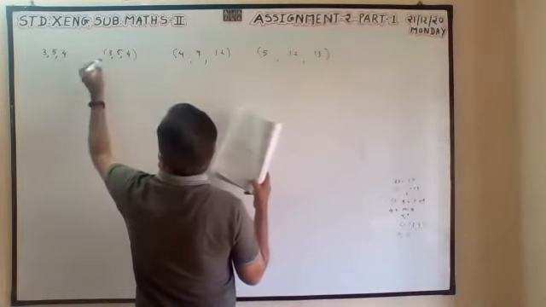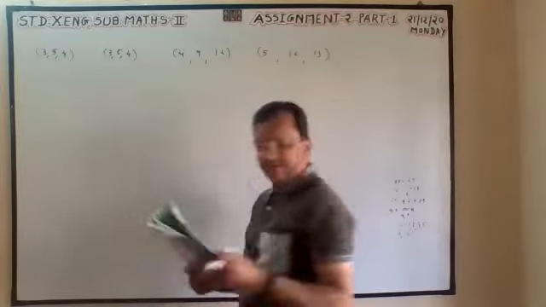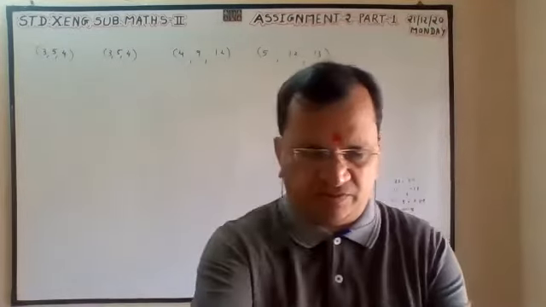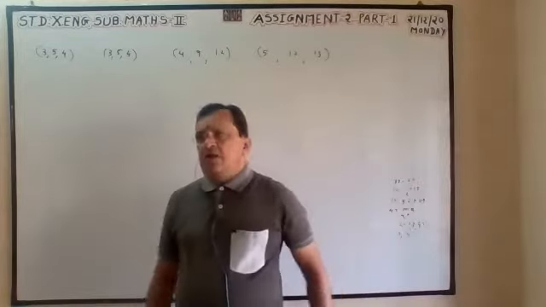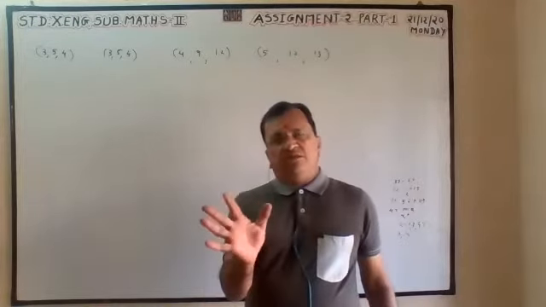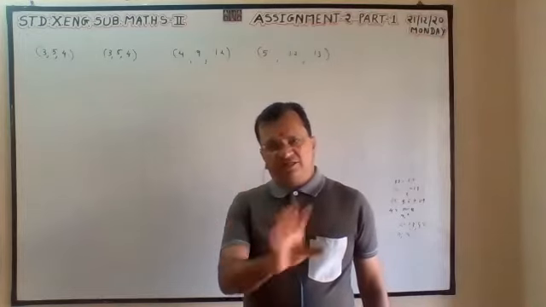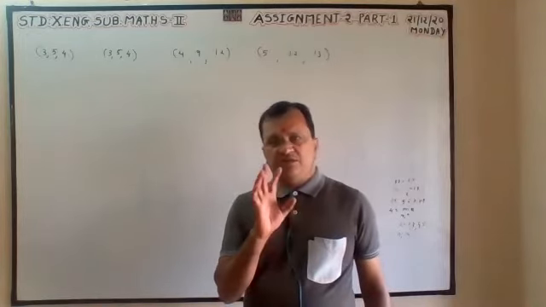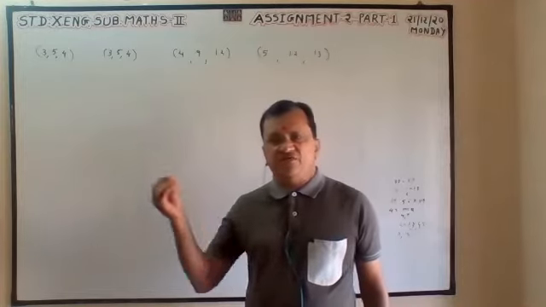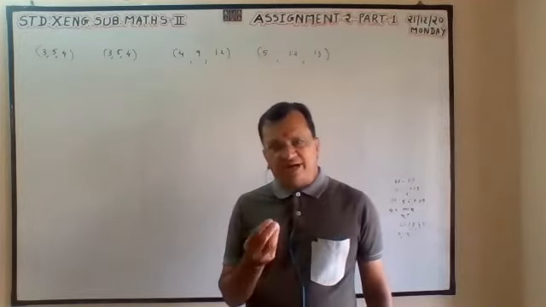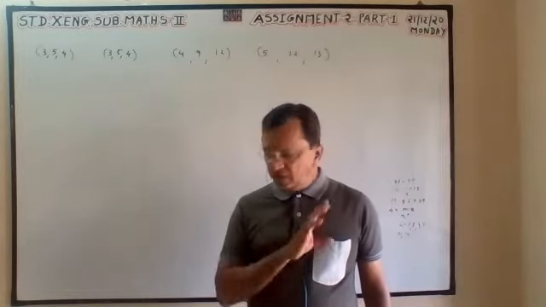This I have written 2 times. Why? Another question. These are the 3 lengths of the triangle. You have to find out whether a right angle triangle is possible with these sides or not.